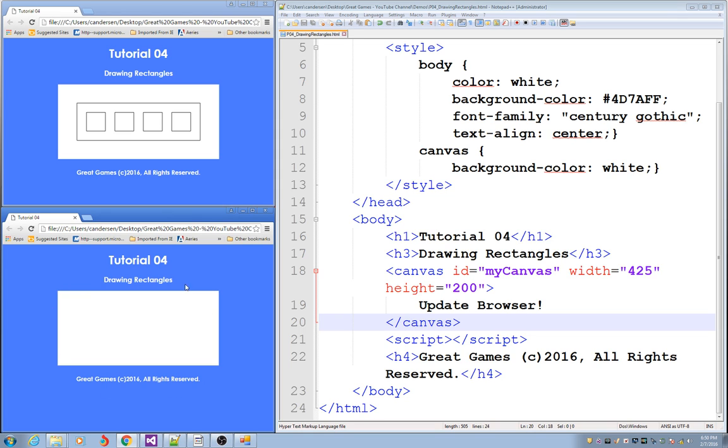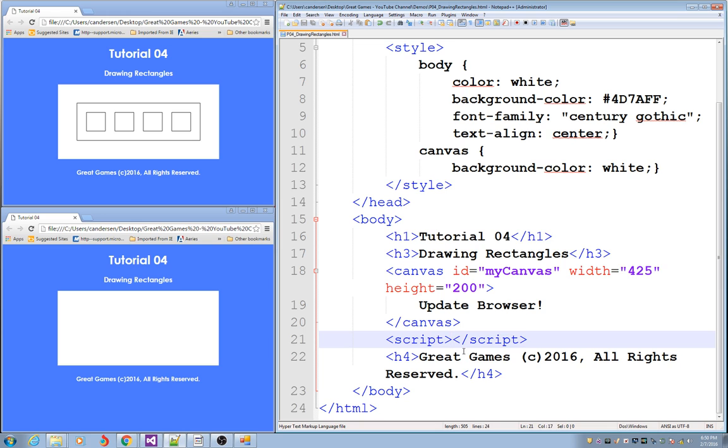So my CSS is working, my page is formatted, I've got blue, white canvas area, white text. The font has changed, it's no longer that Times New Roman. It looks like it's a Century Gothic font. Okay, everything's looking good. I'm going to click in between the script and close script, press enter twice,